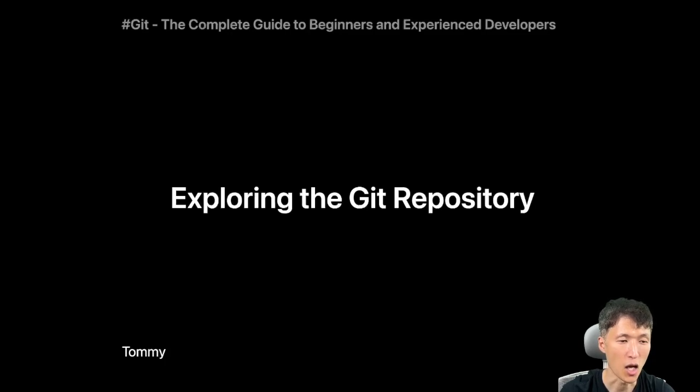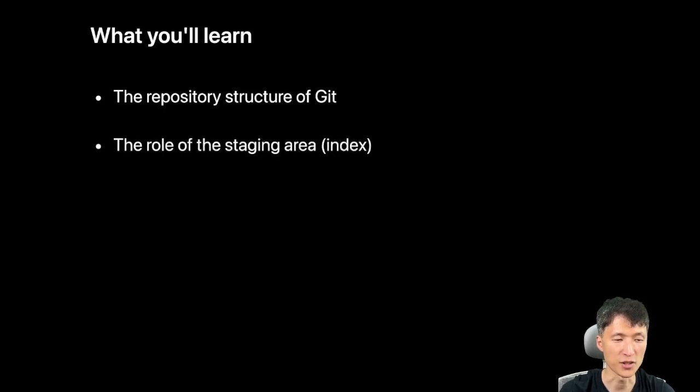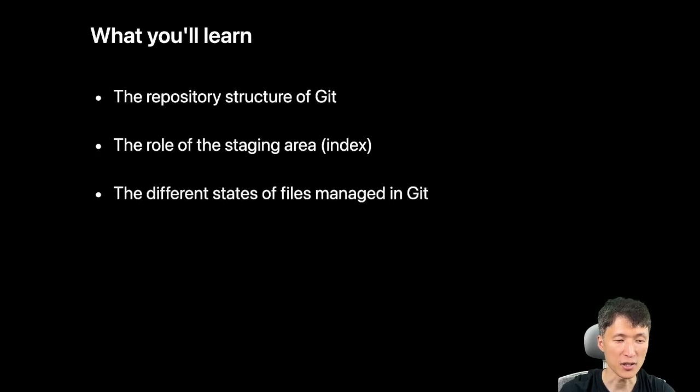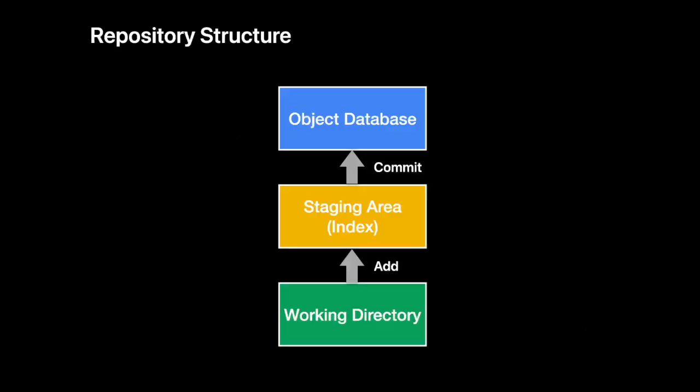In this lecture, we will explore the concept of Git repositories. By the end of this lecture, you will learn the structure of a Git repository, the role of the staging area, and the various states of files managed by Git. Let's get started. A Git repository is composed of three main areas: the working directory, the staging area, and the